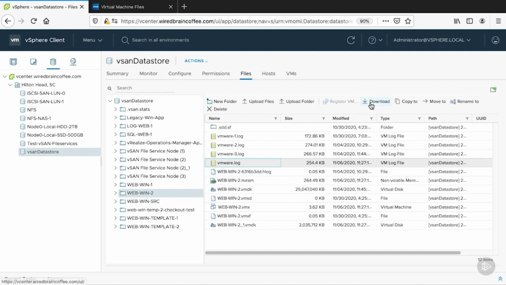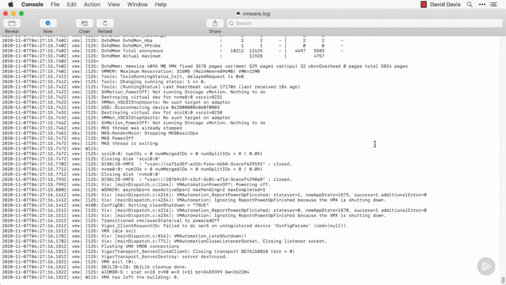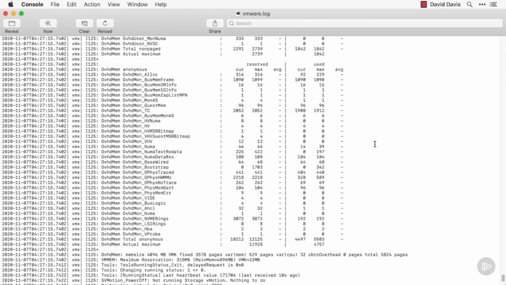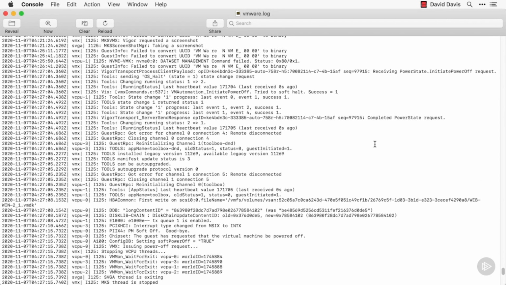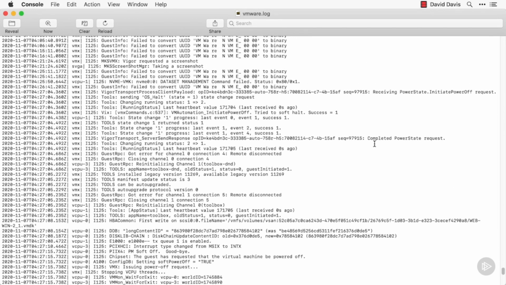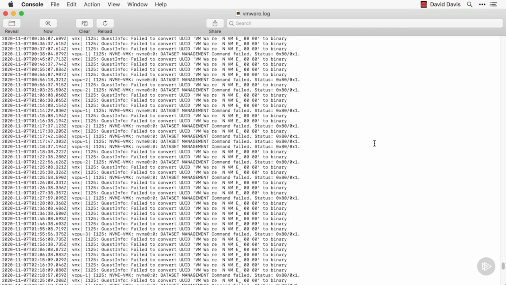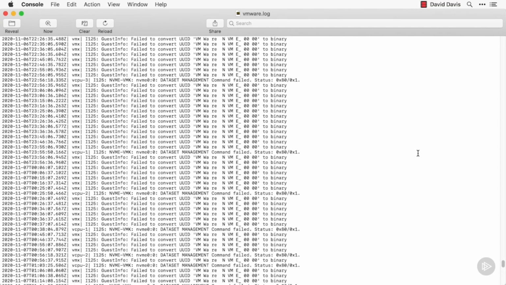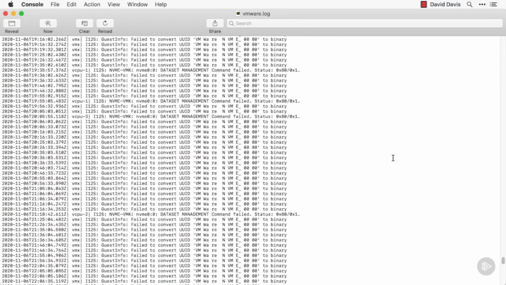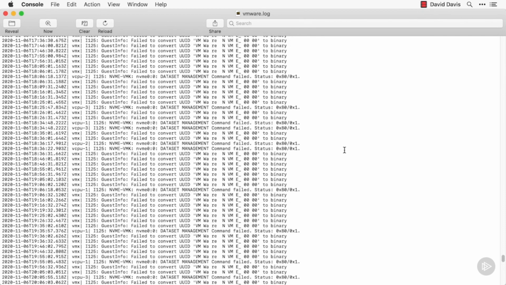In fact, if we download this file, you can see this is all the logging data for the virtual machine. So when this virtual machine is powered on, when anything happens with this virtual machine, when it's reconfigured, when there's an error, all of it goes into this virtual machine log file. So if you're having trouble with a virtual machine, things aren't working as expected, this is likely where you want to go look. And of course, in our vSphere 7 troubleshooting course, we'll be exploring these types of log files